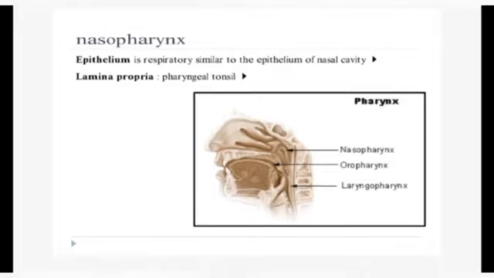The lamina propria is rich in elastic tissue and contains a large number of simple branched tubulo-alveolar glands. Mostly these glands are of the mixed variety, but in the area covered by the stratified squamous epithelium, some pure mucous glands are also present. Lymphatic tissue is scattered in the lamina propria throughout the nasopharynx. In the posterior wall, the lymphatic nodules are aggregated to form the pharyngeal tonsil.